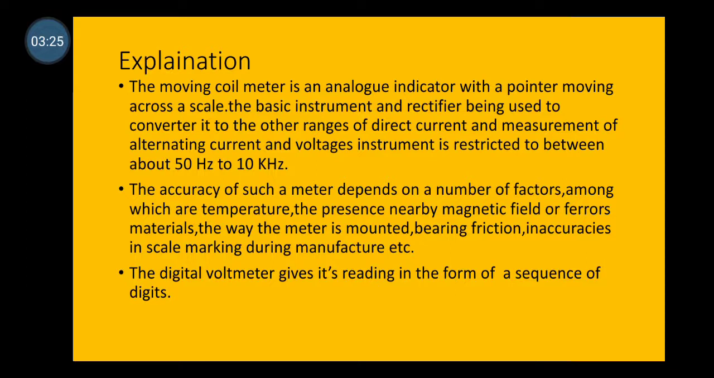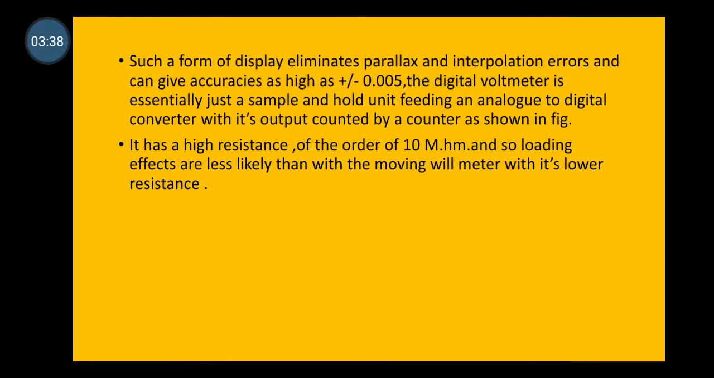The digital voltmeter gives its reading in the form of a sequence of digits. Such a form of display eliminates parallax and interpolation errors and can give accuracies as high as plus or minus 0.005. The digital voltmeter is essentially just a sample and hold unit feeding an analog to digital